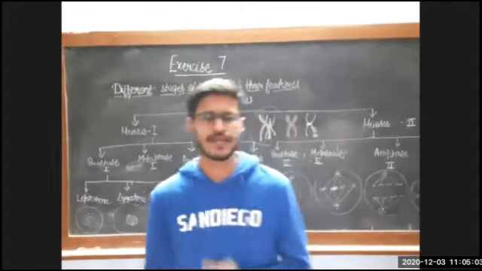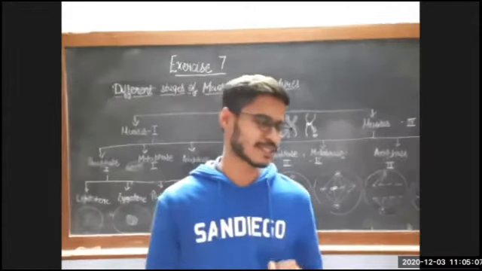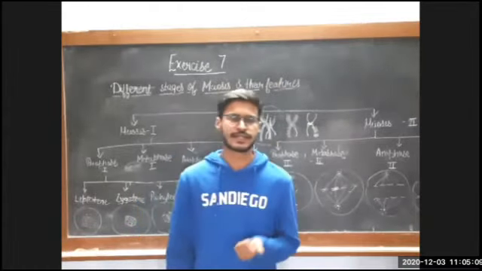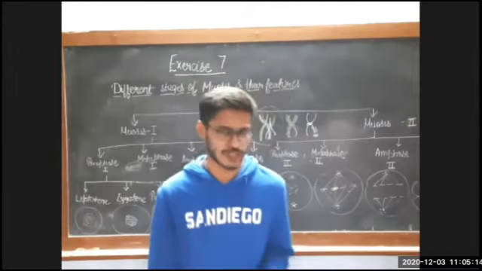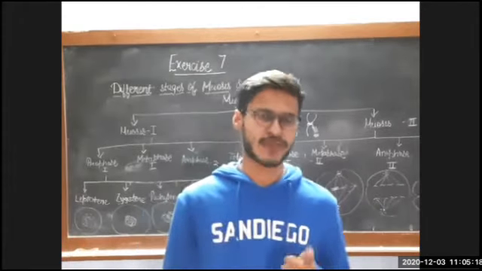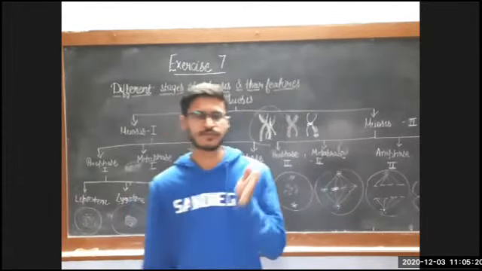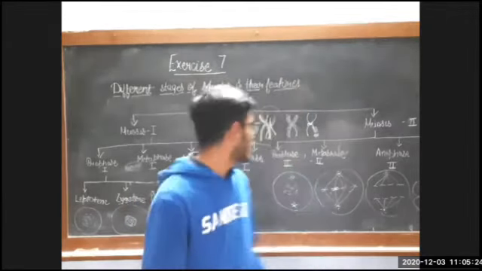अब ये जो है वो दो तरीके से होता है, in two phases, that is meiosis 1 and meiosis 2. First is the reductional division in which the homologous pairs of chromosomes are separated from each other, and second is the equational division जिसमें के वो daughter chromosomes में बन जाते हैं. So we'll start with it.